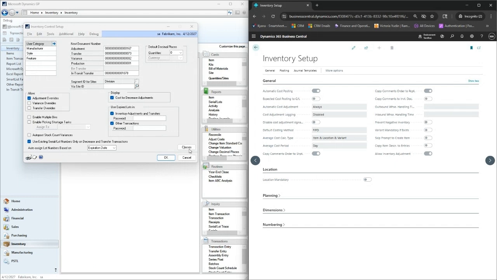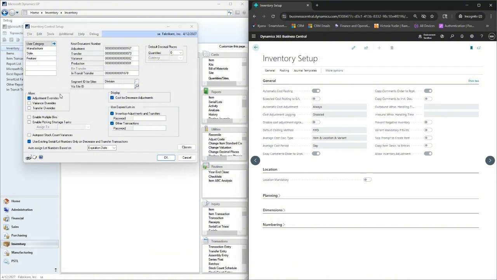One of the things that I found to be very interesting about BC was our item classes. And before I get into the classes, I want you to pay attention to a few things. GP allows you to do overrides on, if you notice, three different document types. You have your transaction, which is your adjustment overrides, your variance, which is also a transaction but a different document type,